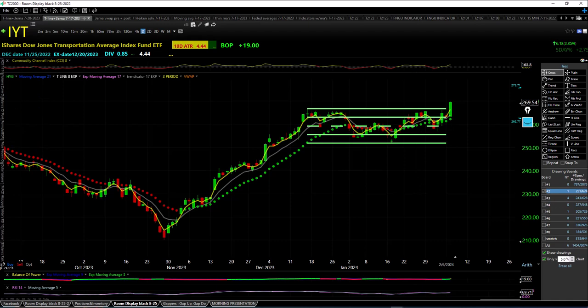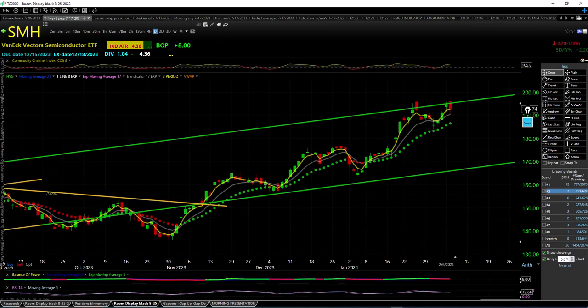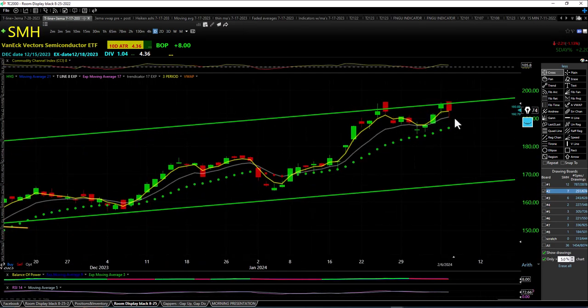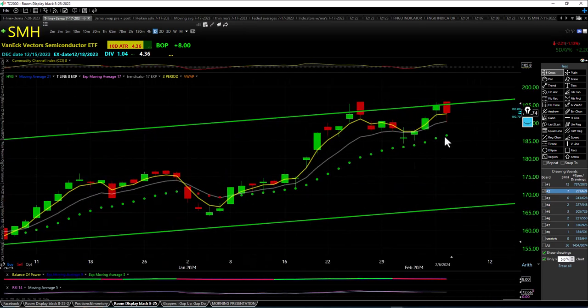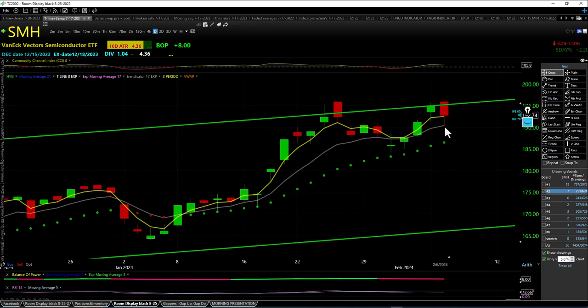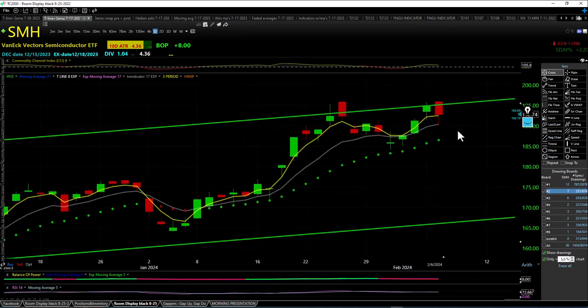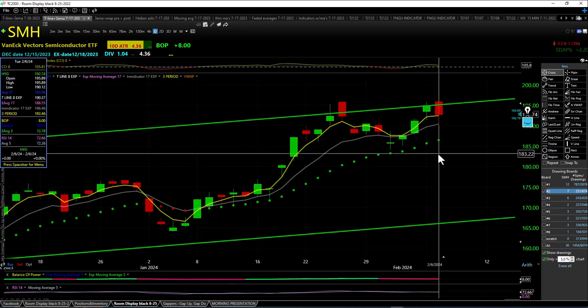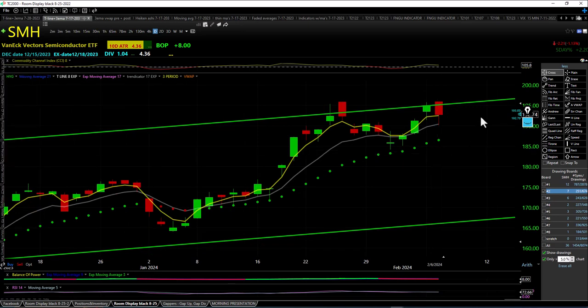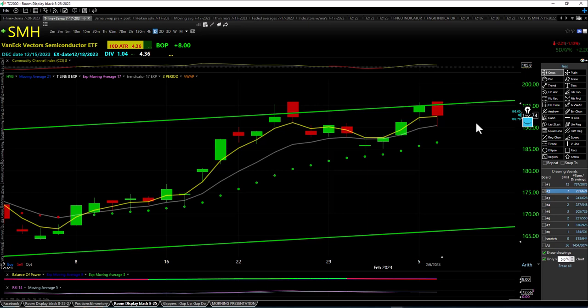What's next? Let's look at SMH. All right, SMH closing over the trap, over the trend indicator, red ugly day, but still bullish. Okay, we got a lower low and a higher high, so increased volatility there. Not quite able to ink out that higher high. Maybe sometime today. We'll see what happens. So there's SMH. Still bullish. All right. So everything is still bullish.